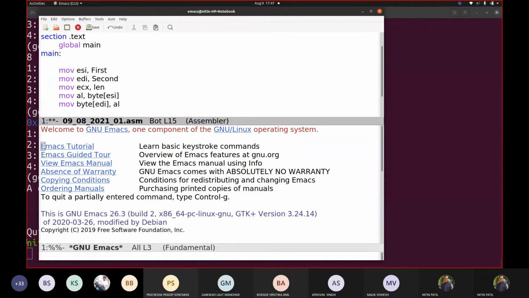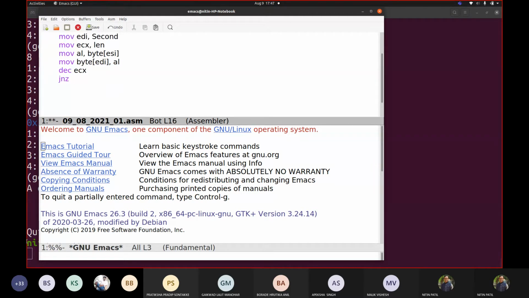And then you are saying decrement ECX, jump not zero to label 1, and this label 1 is here. But now ultimately ESI and EDI should increase. So increment ESI, increment EDI, so that the next value can be picked.